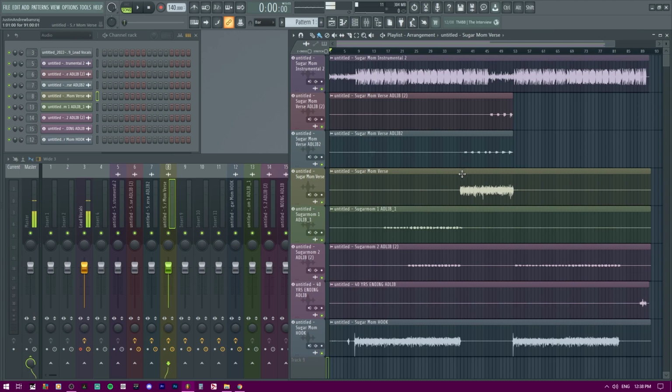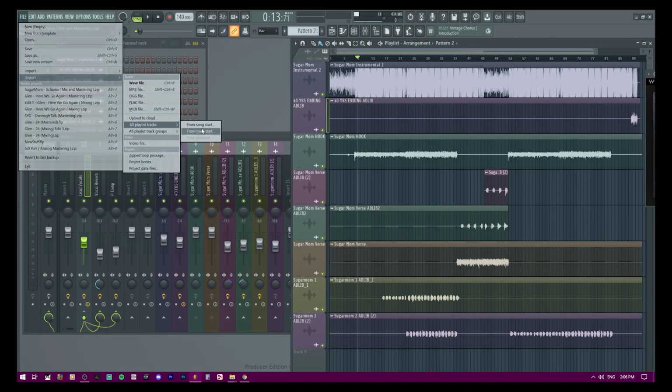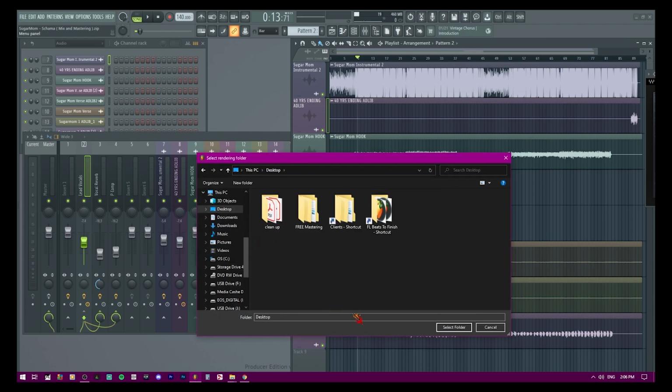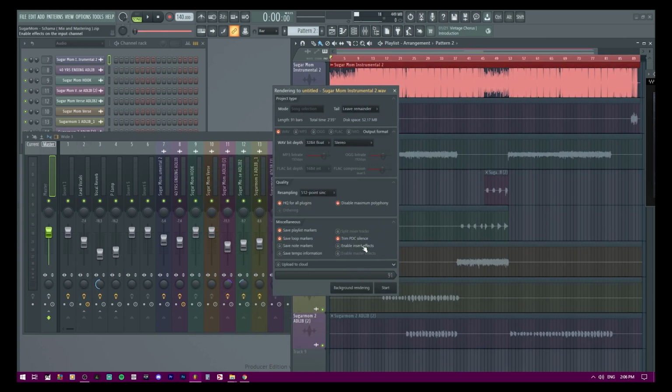There's one more thing I want to point out that's cool for us artists, by the way. I forgot to mention this, but you notice how I have these tracks right here? I actually exported them from another project, a previous project. So these are the vocals with the effects applied on them because my friend said he wanted the mixed vocals for the song. So I did that for him. And you can see here in this clip, I pretty much did that just by hitting File, Export, and then All playlist tracks from song start, just like that. And all those tracks that are in the playlist got exported to separate names.